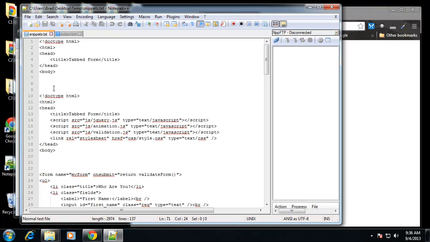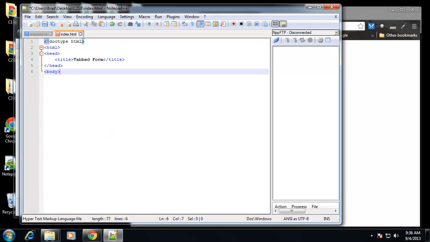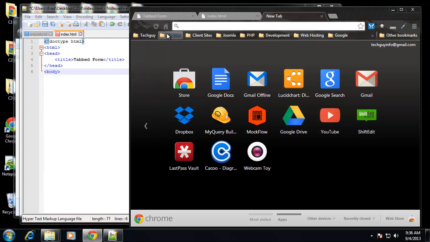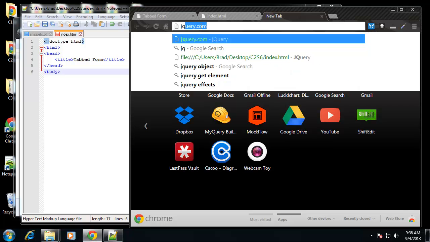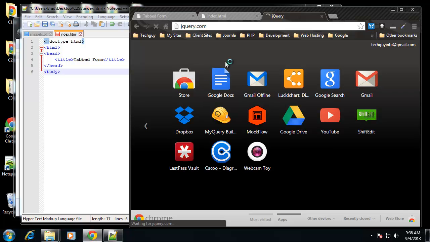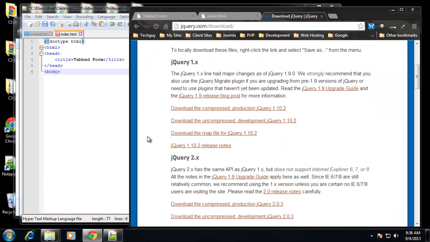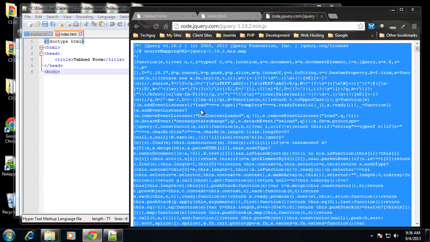Now I have some snippets that I'll be pasting in, and I'll be typing some code. So I'm going to paste in the HTML structure. Now I need to include jQuery. We're not going to use a CDN link. We're going to actually download jQuery and use it in our structure. So I'm going to go to jquery.com, download, and we're going to use the latest jQuery 1, which is 1.10.2. So I'm going to copy all of this